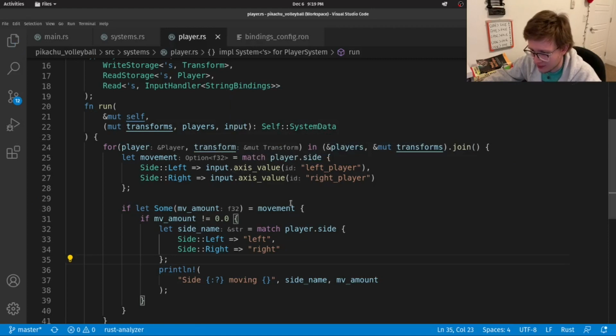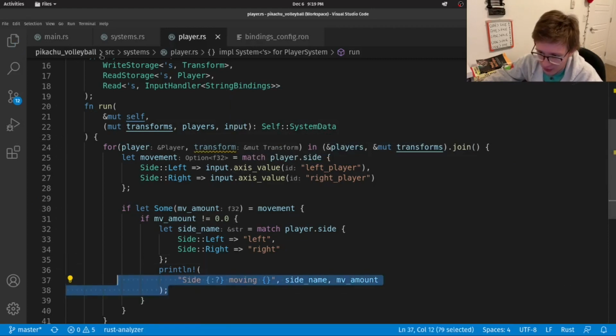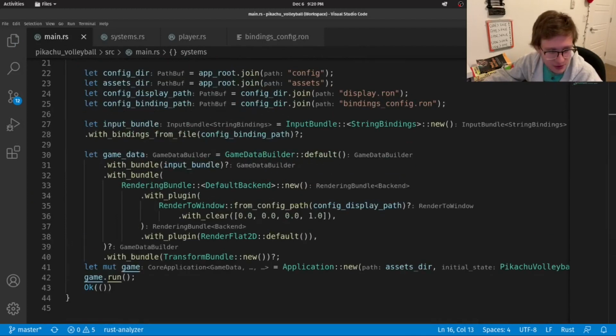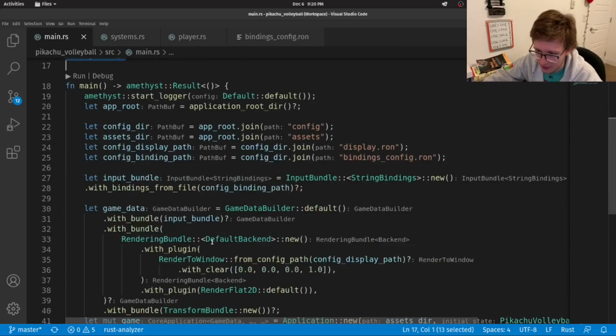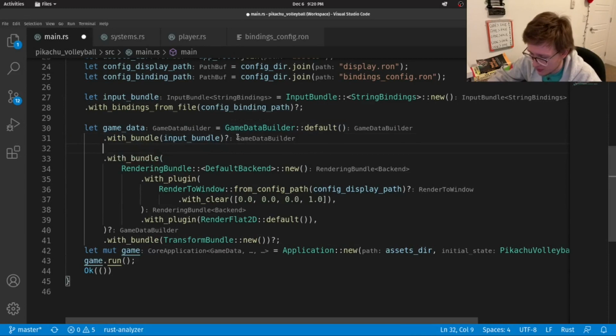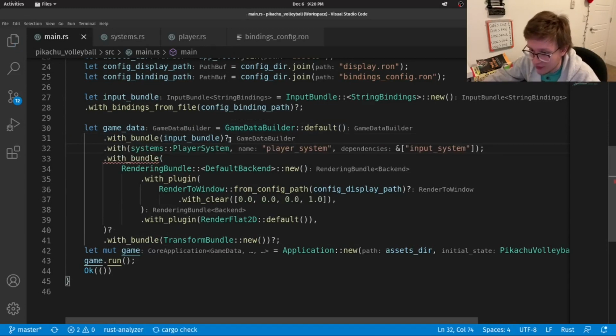Before we can run this, so we can see the results of our print line, let's go to main and just make use of our system. We already got the system's module declaration here. Now we will just go right below our input bundle, and we'll add a with statement, which is for systems.